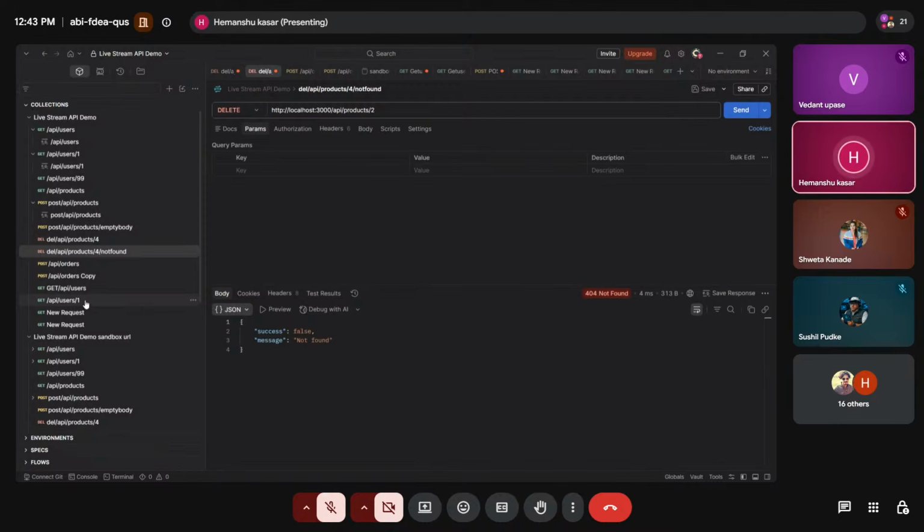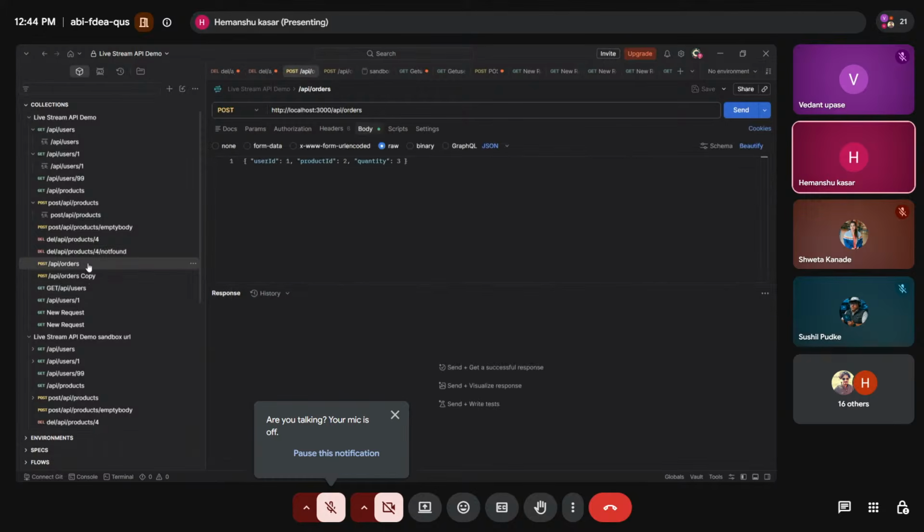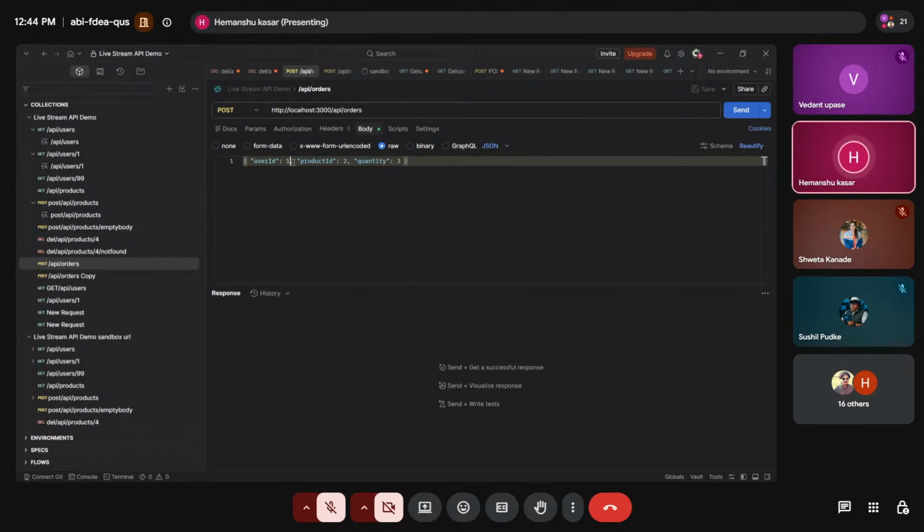Next, coming here to the order API. That particular endpoint is slash API slash orders. Using this, we are able to place the order, the same as I showed you in the Swagger interface. For the particular user 2, we can place the order. We have the product number 3.